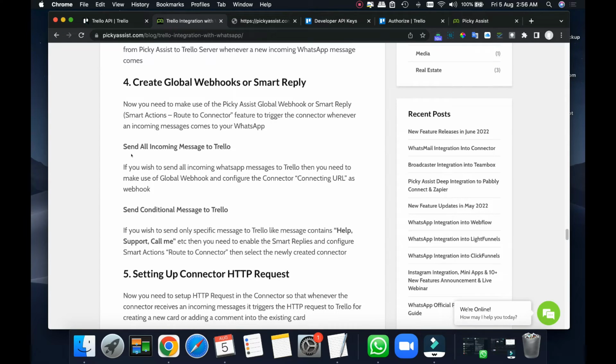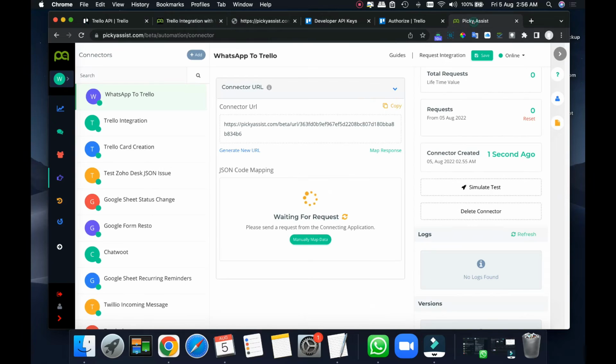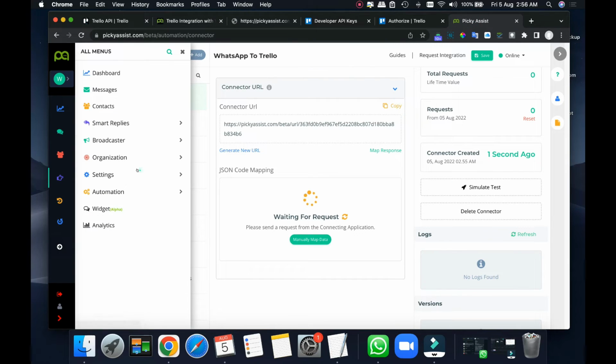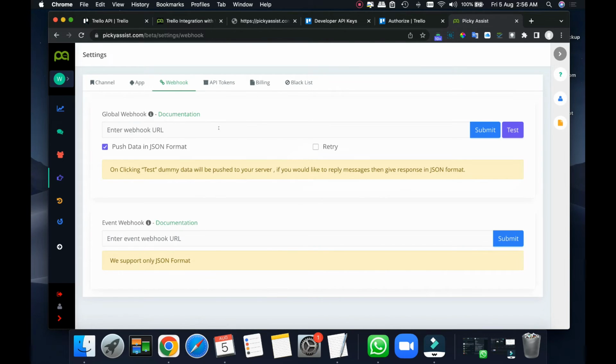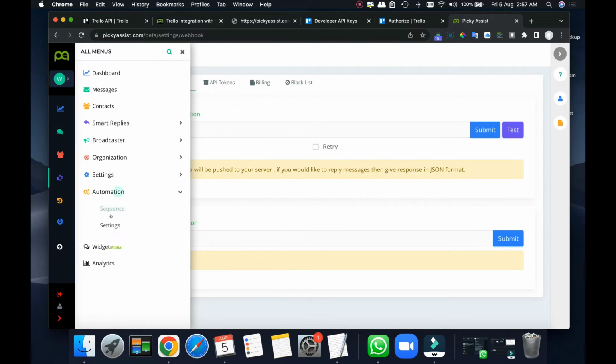So if you want all the messages to be sent to Trello along with the option to create cards, then go to settings, then from the webhook, this is the global webhook, you have to set this specific URL. We have used the same.